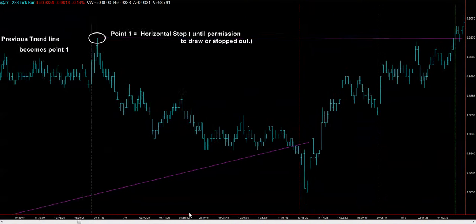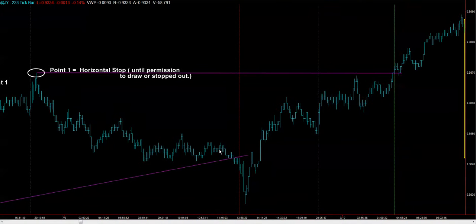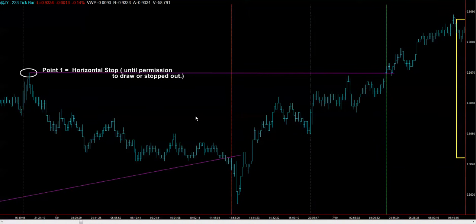I think we've covered most of the points, and the reason being is because I want to find another situation where we have that redrawing of the trend line as in rule 682, which is pivoting around point 1 as against moving point 1. So the first thing we do, we have a break to the upside. Remember, one